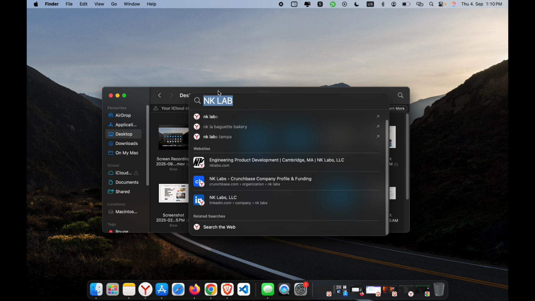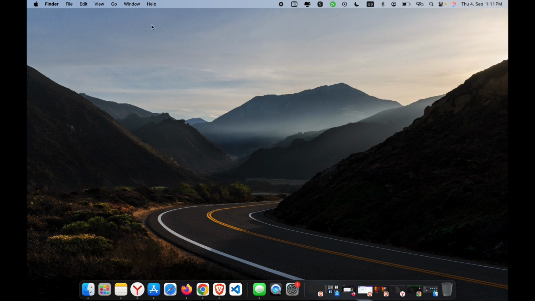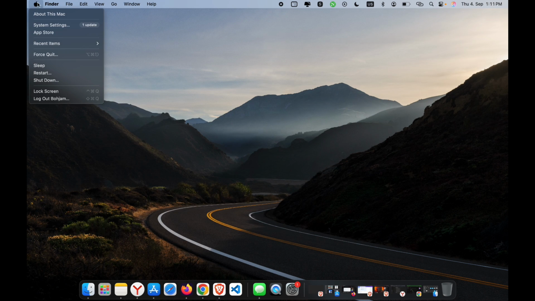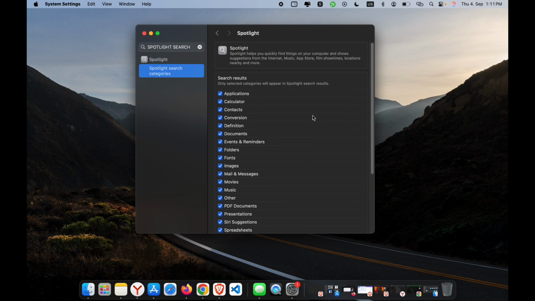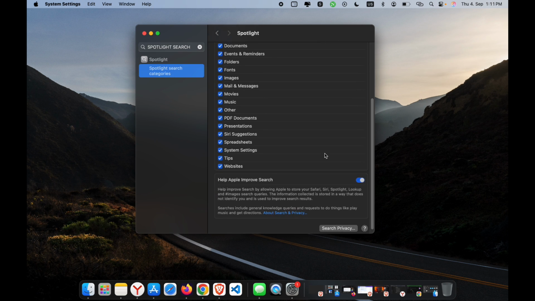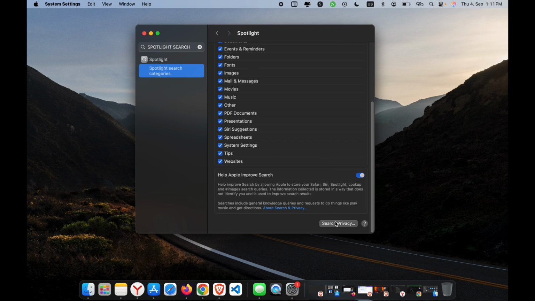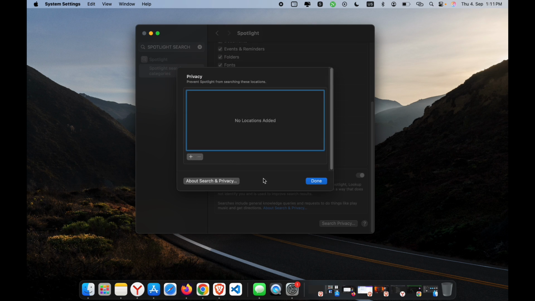To do that, open your system settings by clicking this Apple icon at the top left corner. In this search bar, start typing Spotlight Search and click on it. Now, scroll all the way down and select Spotlight Privacy. This is where you can tell Spotlight not to index, but we are going to use it as a trick